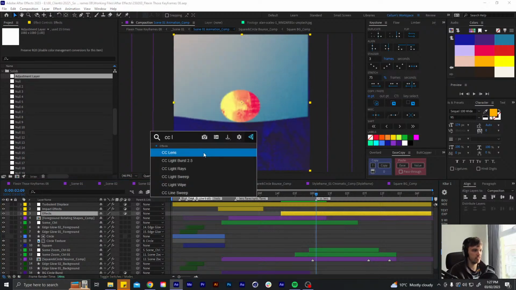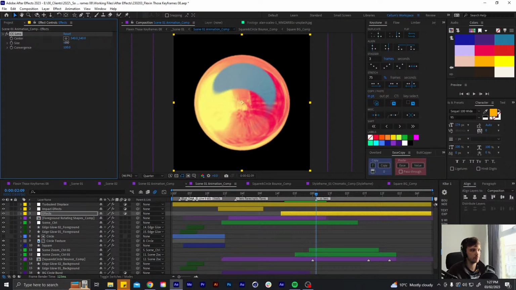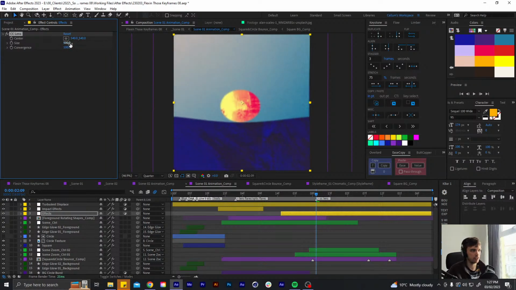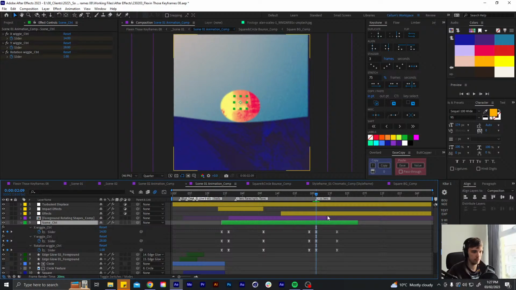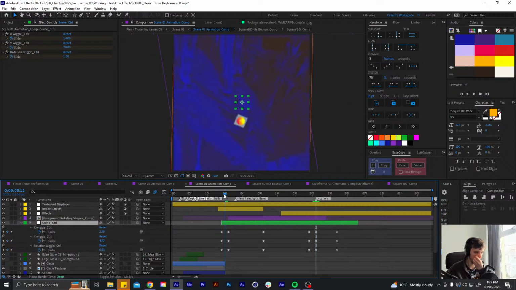I'm going to put a CC lens effect on here, which lets me distort the edge of my frame. And on this part here,